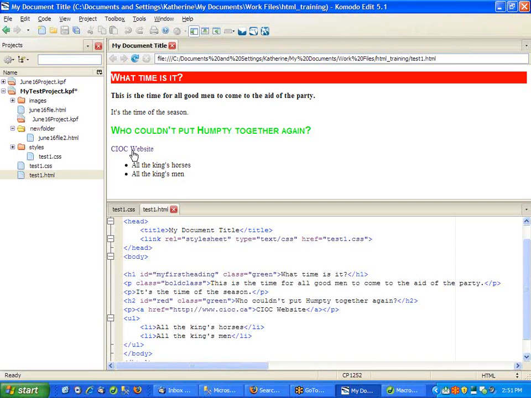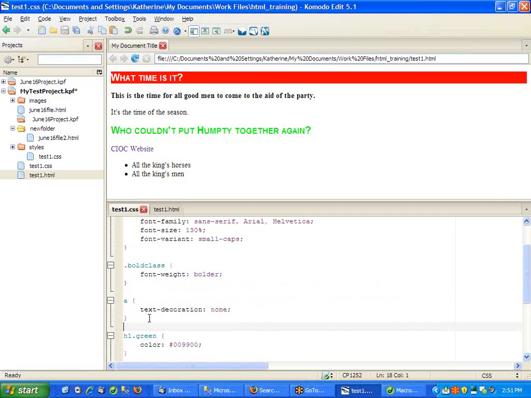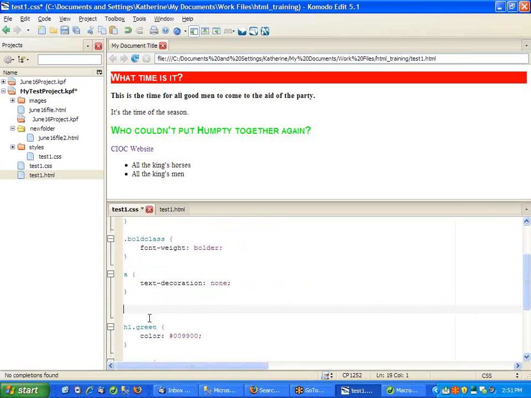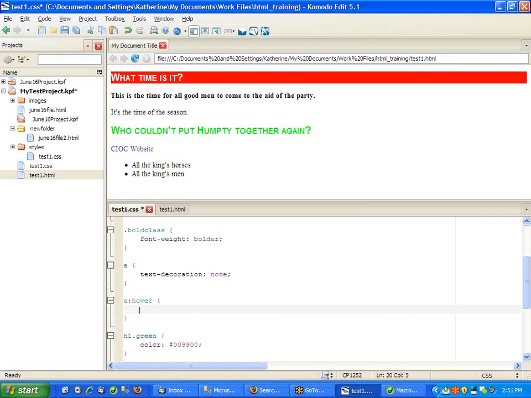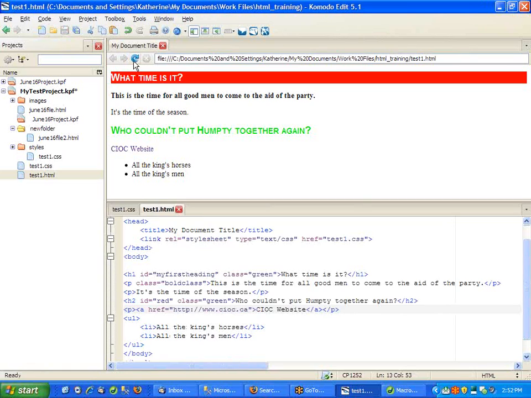Probably you've all seen cases where there's no underline, but when you put your mouse over it, the underline appears. Let's try that. We would do that using our hover pseudo class that we saw earlier. And when we hover over it, we want the text decoration to be an underline. I reload my page. Now when I put my mouse over it,